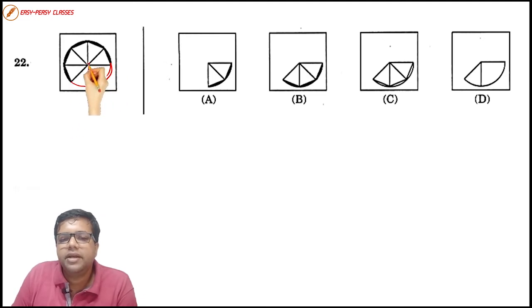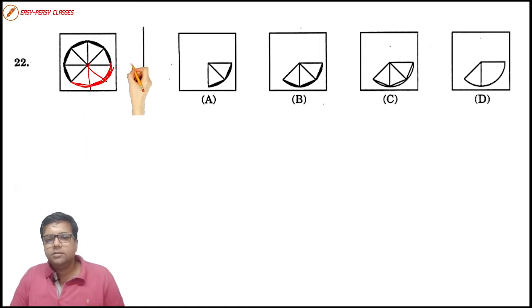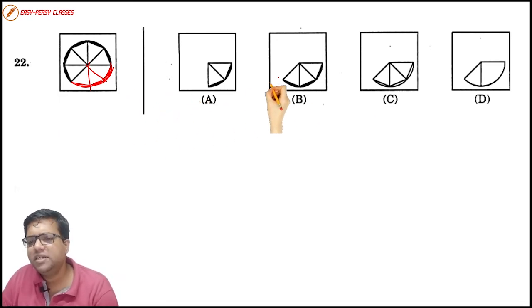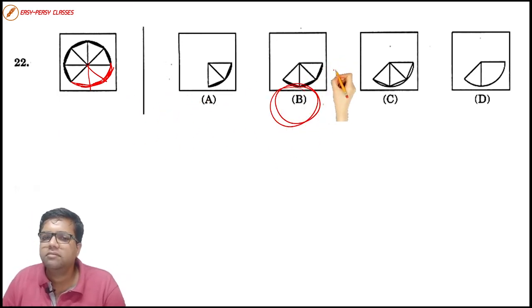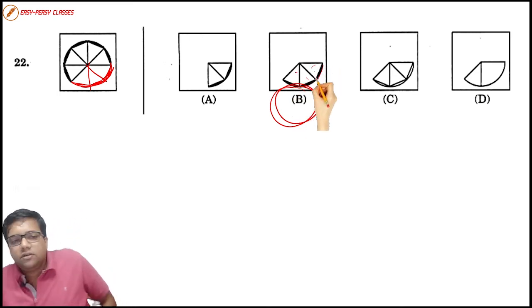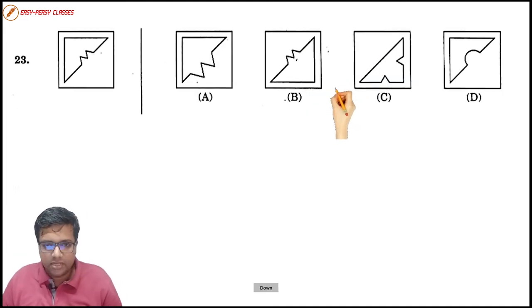A circle has been divided into 8 parts and connected with a cord, and it has been colored. Where do we have a figure which matches exactly with the completed figure? Option number B, very straightforward. The other 3 missing parts with the colored cords, we have over here. Very direct, simple and straightforward question. Let us move on further to the next question.